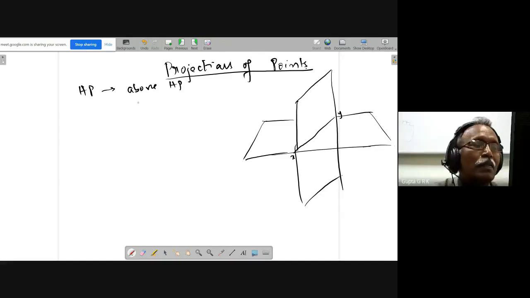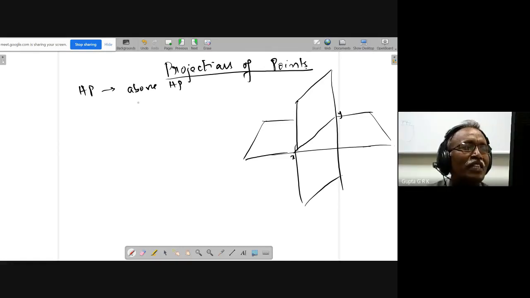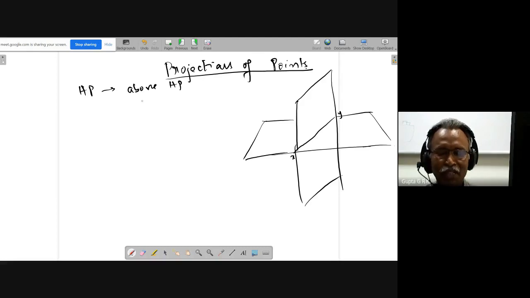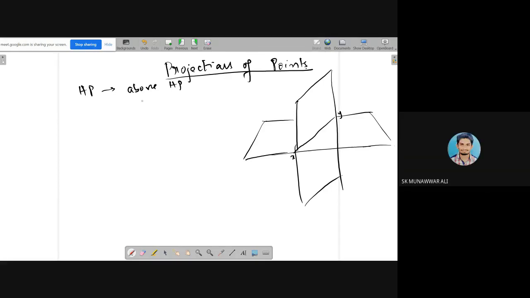Sir, should we make notes of these so as to have them handy? No, everything will be there in your handy, but don't worry. You understand, right? Yes. Seeing there, writing here, and listening, everything is a bit difficult to do, unlike in the classroom. Okay, yes. I will send everything, even whatever I am drawing, I will send. Okay, sir.